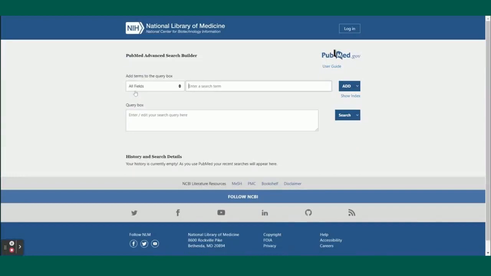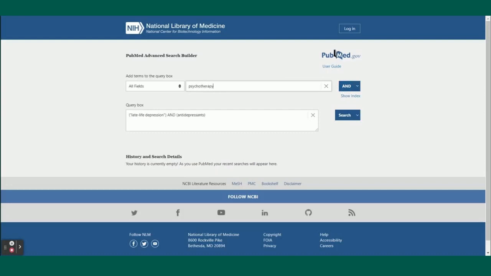We'll start by hopping into PubMed and hitting Advanced Search. Using Advanced Search, we can enter the search terms that we decided upon earlier in the video. You'll notice a drop-down screen that contains and, not, and or, what we call Boolean operators. If you need to exclude a term, for example, you can use not rather than and, such as geriatric, not middle-aged. Once we put in our terms, we'll select Search.